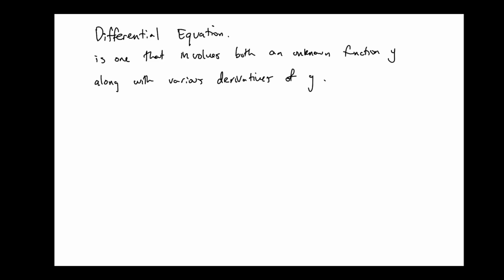A differential equation is one that involves some unknown function y, possibly also the variable that it depends on, like x or t, but that it also involves derivatives of y. So some examples would be something like that, or something like that. Here I have an unknown function y, and I want to figure out what it is, knowing that its derivative is equal to zero, or its second derivative is equal to zero, or